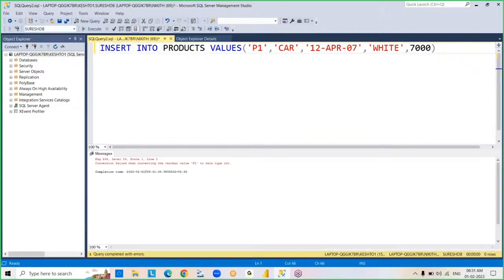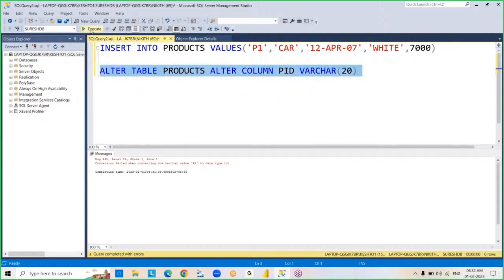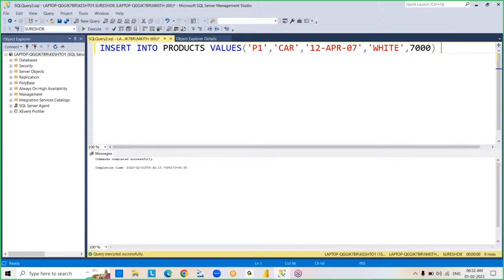Now see this. Oh no. We created the table again, right? Wait. Alter table products alter column product ID varchar, so make it 20. Now it works. See this. Data inserted. But my question is,